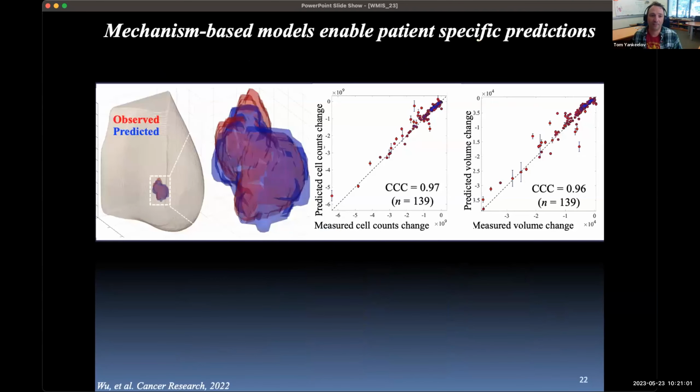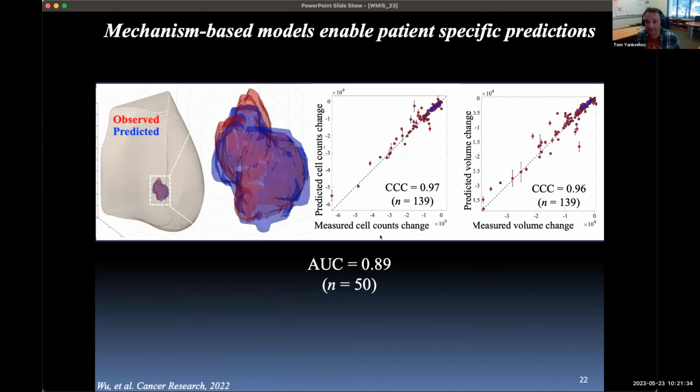So if we do that over a bunch of patients, here's the observed in red, the predicted in blue, zoom in on that, and the tumor size is matching pretty good. And you can see that it's not spherical. So a diffusion term in our model where we couple it to the mechanics around the tumor, that's super important because it gives you this non-isotropic growth. And in fact, before we incorporated that, the tumors that we were simulating were way bigger than what we were actually seeing, which in hindsight makes a ton of sense. But that's what motivated us to include that mechanics.